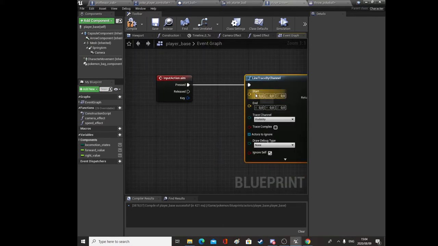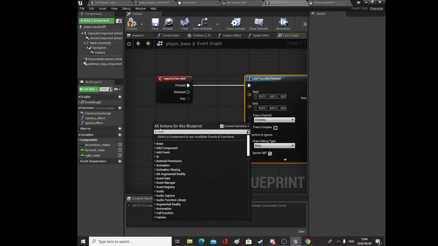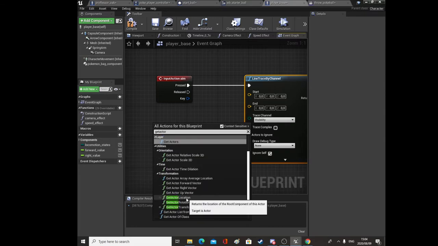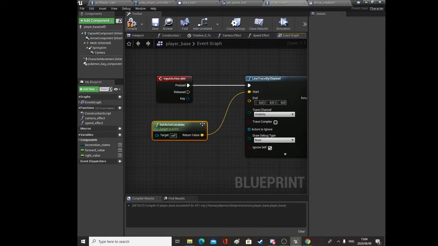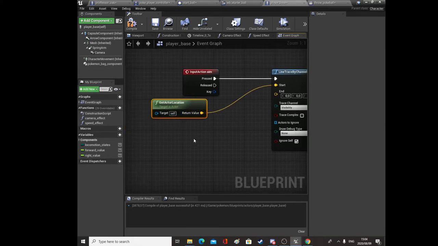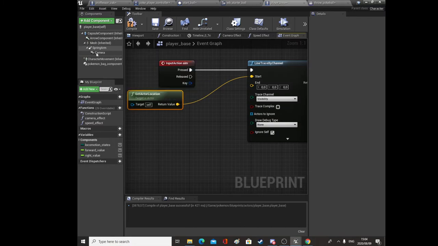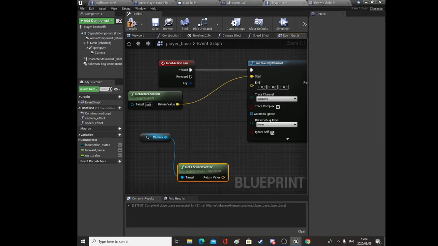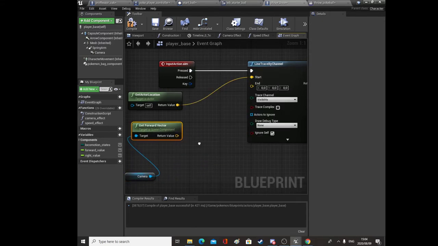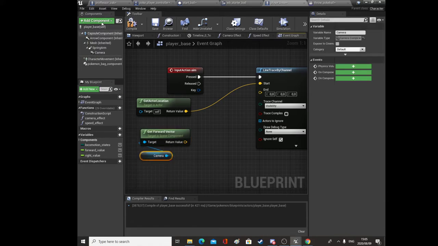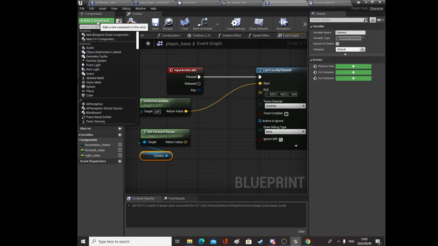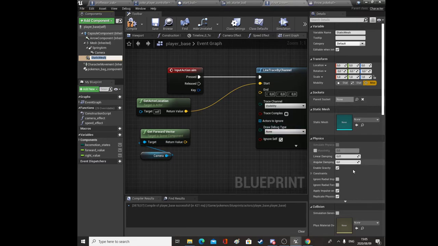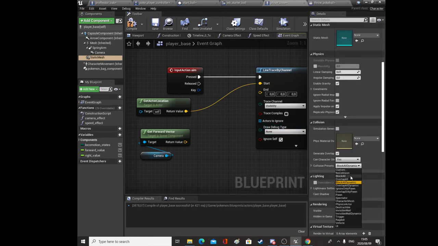Alright, the starting location is going to be our actor's location, so get actor location and just plug that in. We might need to raise the height a bit, but that should be fine for now. Then we're going to get our camera, and we're going to say get forward vector, and then what we want to do is add another component here, and this is going to be of type static mesh, and this static mesh is going to have no collision,